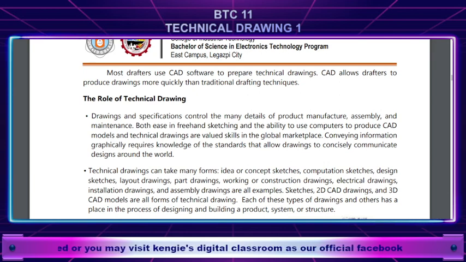Learn how to draw lines, shapes, dimensions, and other projections manually. Compared to BTC 12, by next sem, you will be using computers. You're going to create your own objects, your own diagrams, your own product or project using AutoCAD, SketchUp, Corel, or any other